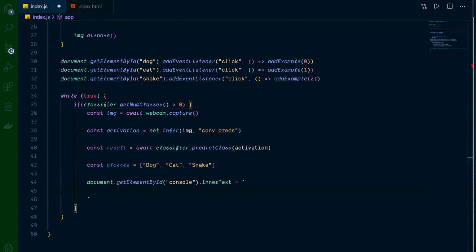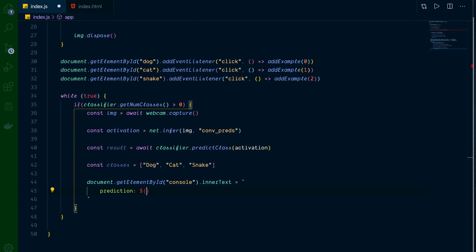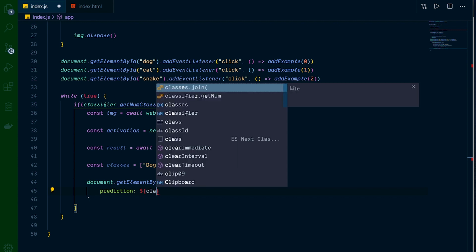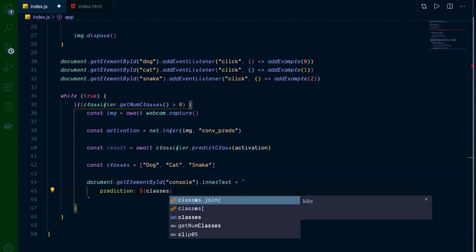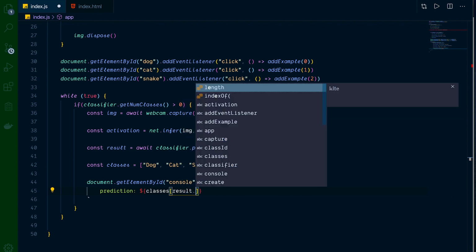Give ourselves some room here. Sorry, spelled that wrong. Prediction, and let's put our variables in here. So classes, and we're gonna go results.label,